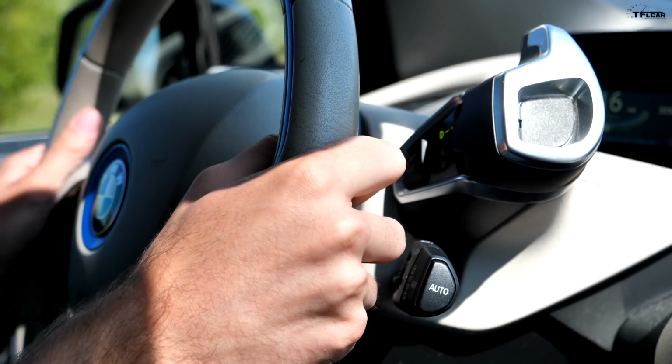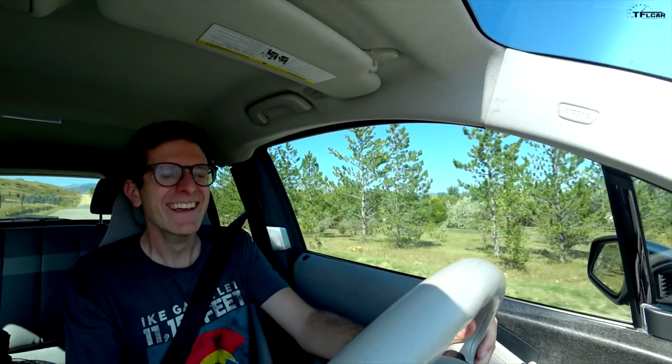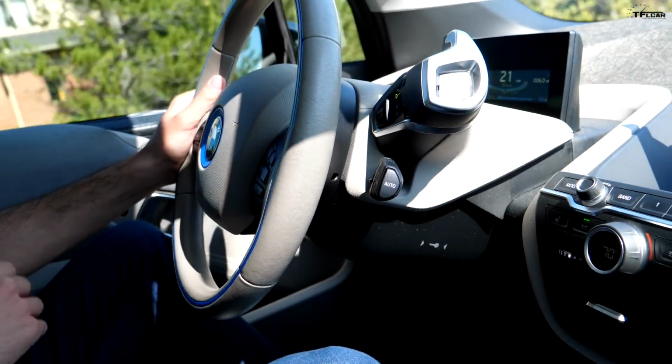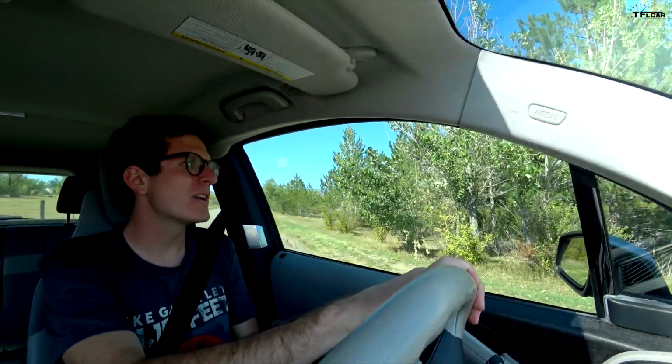Hey everybody, I am in a truly special car that is probably one of the most over-engineered and least appreciated cars of the last 10 years. We just bought it. It's fully electric, it's extremely quiet, it is surprisingly quick. It's got heated seats, automatic climate control, it's got a full digital cluster. It's just 6 years old and we bought it for under